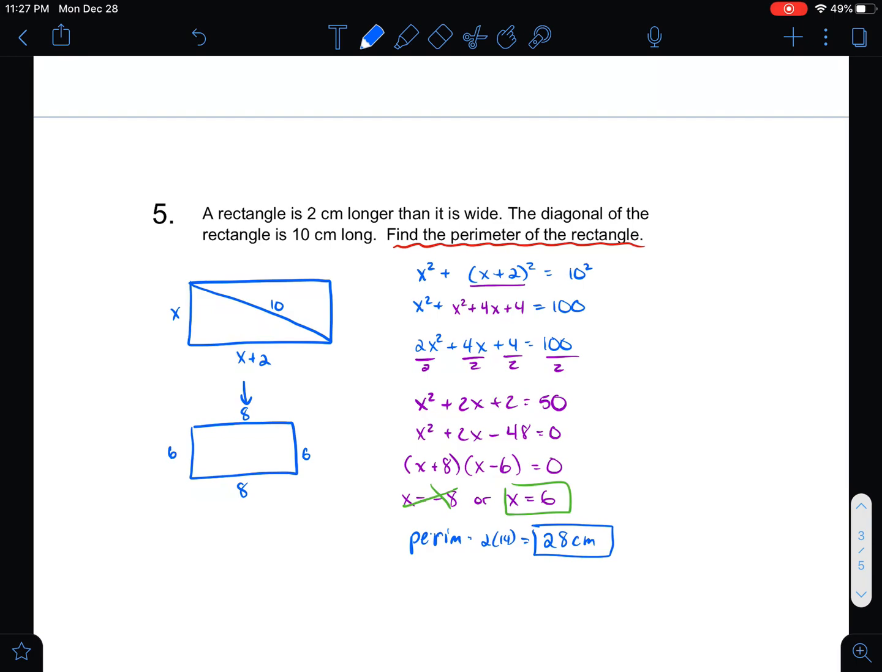And I believe that is the last problem we had to work on. So now I hope this helped. Make sure to finish your concept